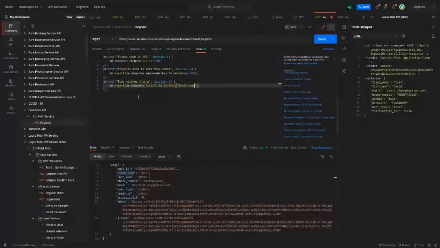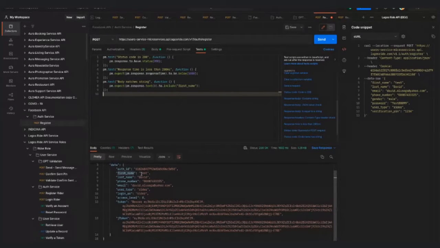Then I can also test that, okay, Postman validate this response body that I also have this email address. Okay, sorry, let me use the first name, that I have this first name. Okay, let me use this guy.